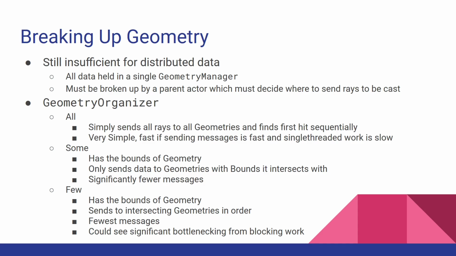However, that is a significant amount of work being done on a single thread, and because actors only deal with messages one by one and lock, that single-threaded work is blocking and could be a significant bottleneck if single-threaded work is slow, or if single-threaded work is slow and sending messages is fast. But on the other hand, if sending messages is slow, like potentially across a network, that could be a significant